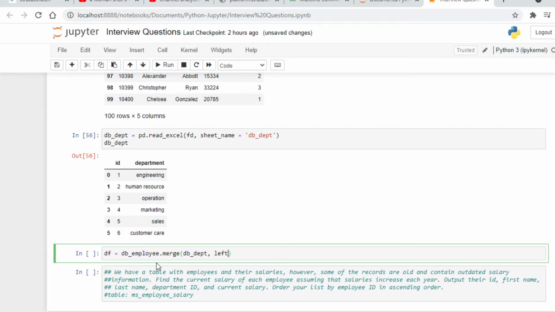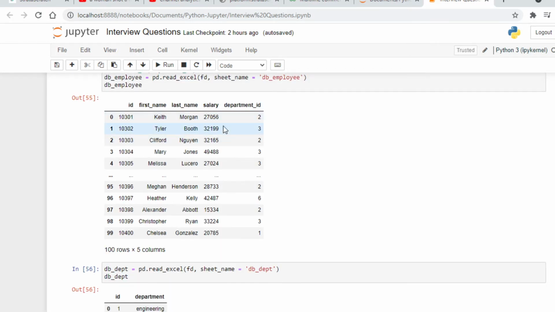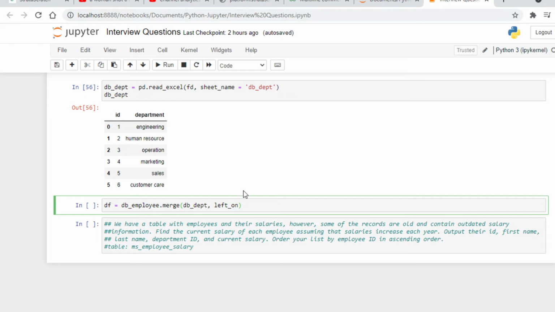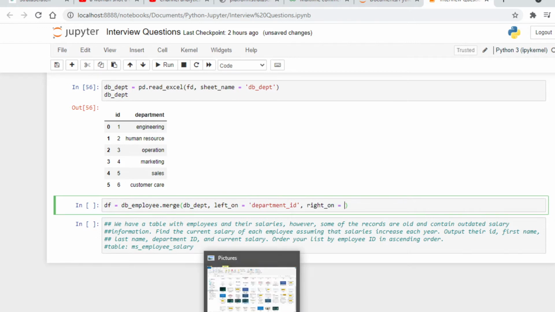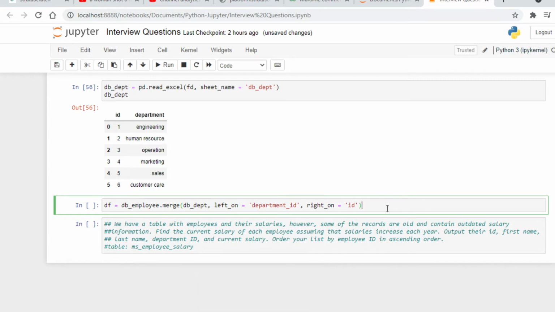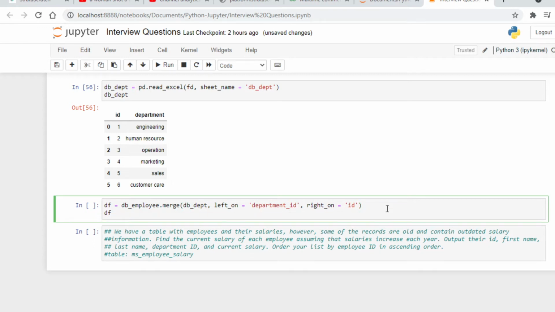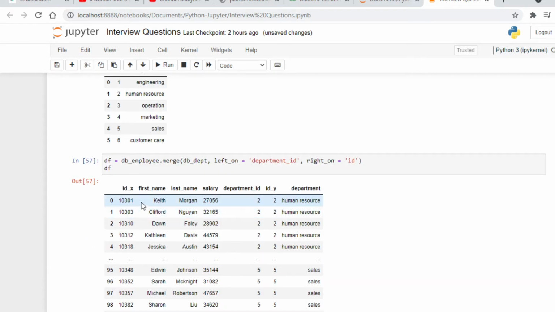So our left table is DB employee, and in DB employee we have department ID. So left on equal to department ID, and right on equal to ID. Okay, after that we'll run our code. So now we have the data from both the tables.